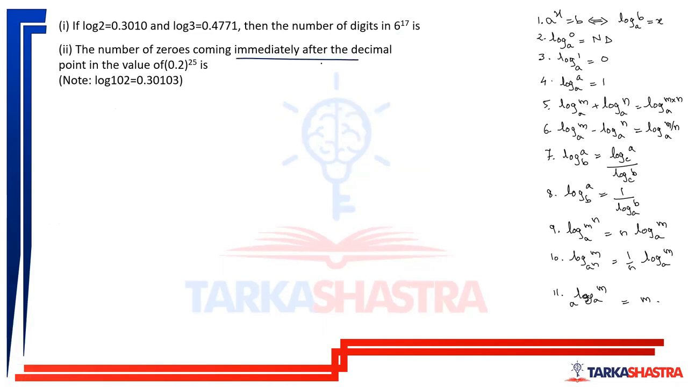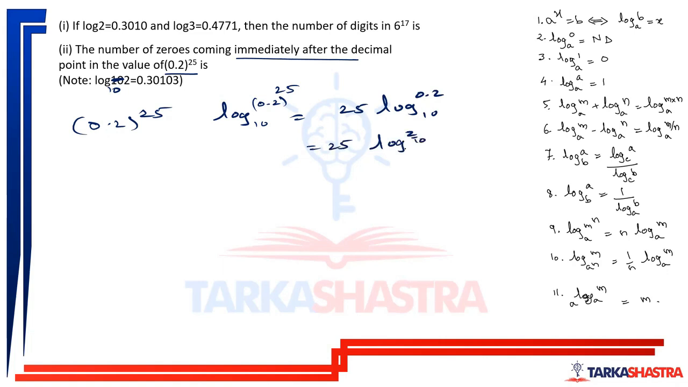which is the number of zeros coming immediately after the decimal point in the value 0.2 to the power 25. And this is log 2 to the base 10. Now what I will do is take the log of 0.2 to the power 25, and here the base is 10. Now this 25 will come out: 25 log 0.2 to the base 10, which is 25 log of 2 by 10 to the base 10, which is log 2 minus log 10. Yes or no? Log of 2 by 10 is nothing but log 2 minus log 10,